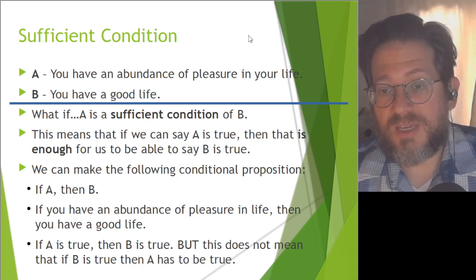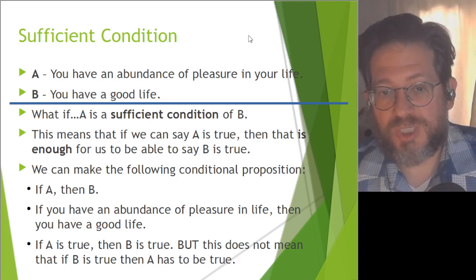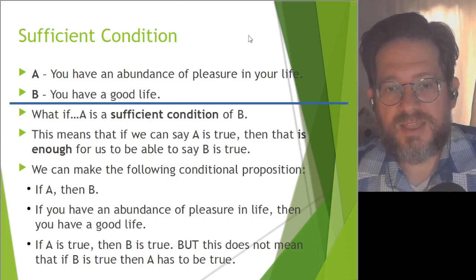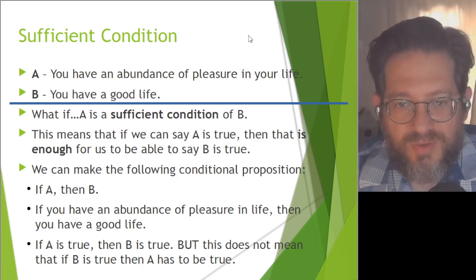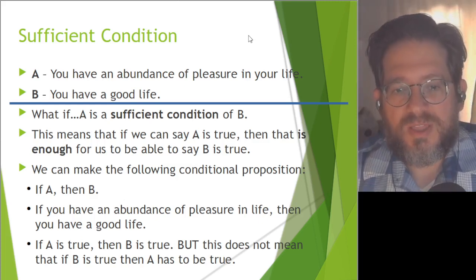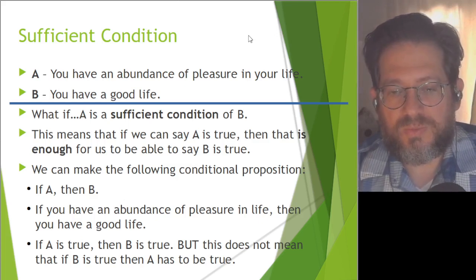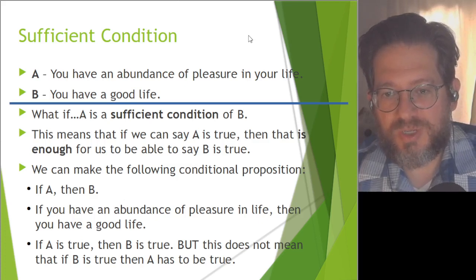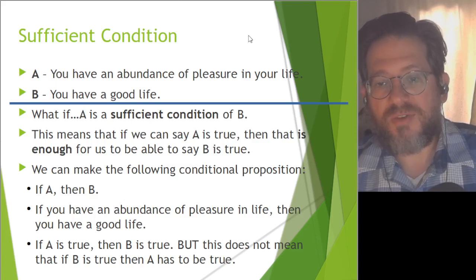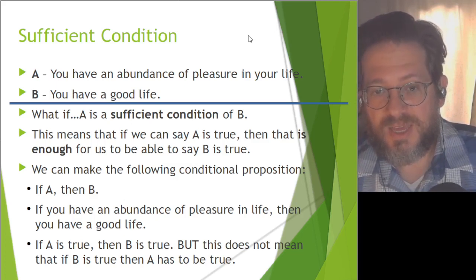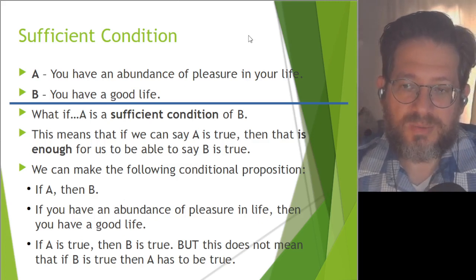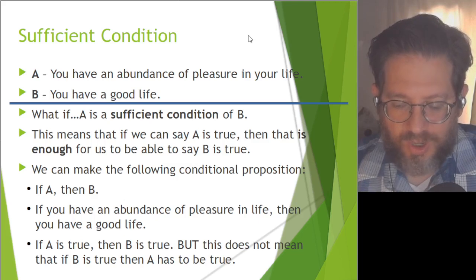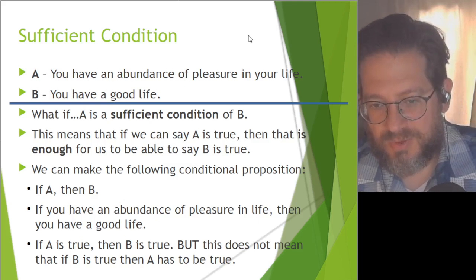So we can now make the conditional statement or proposition, if A, then B. And if we substitute A and B as we have listed up here, if you have an abundance of pleasure in your life, then you have a good life. Having pleasure is a condition, it's enough of a condition to satisfy that we can also say then you have a good life. It does not mean though, and this is important, this is what students often get confused on,